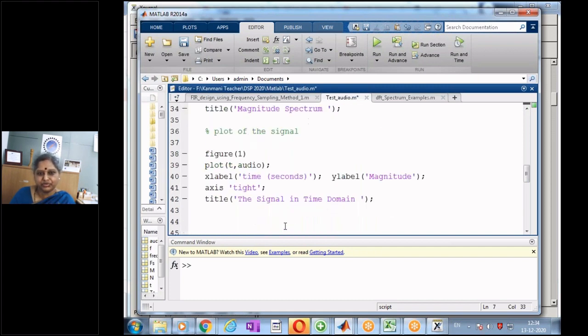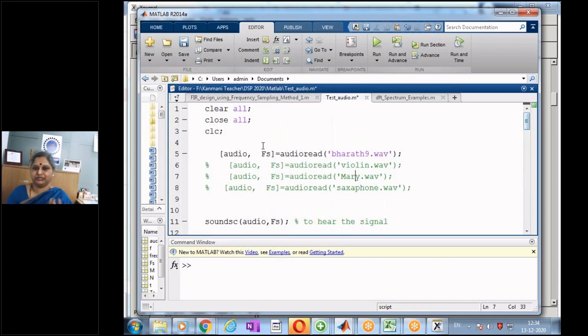I'm also trying to look at the signal, how it looks in the time domain. So I'm plotting the same signal as a function of time. So that's all. We take an audio file, plot it as a function of time, hear the audio signal, and also get its spectrum and observe it. So let's take one. This is an audio sample of one of our students. We collected the samples of all our students and asked them to get the spectrum as part of the activity.